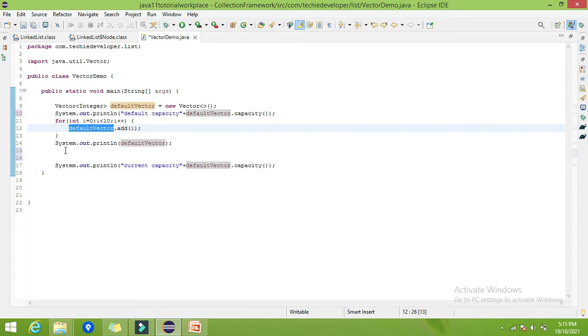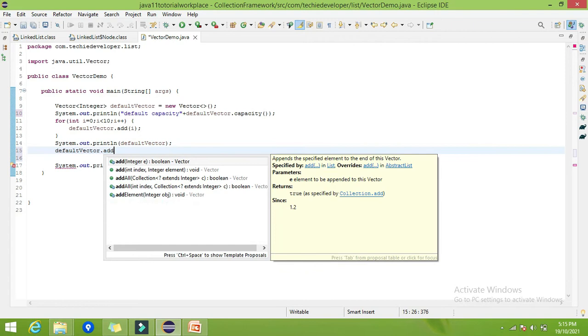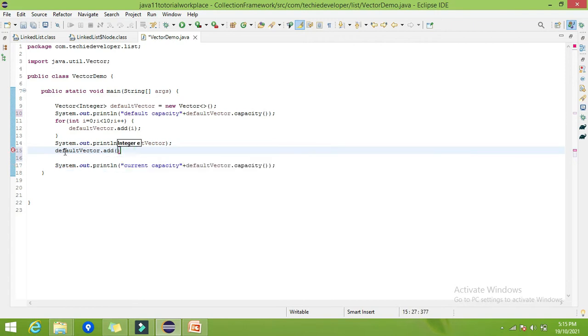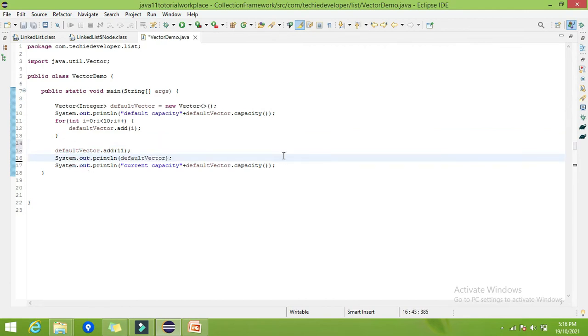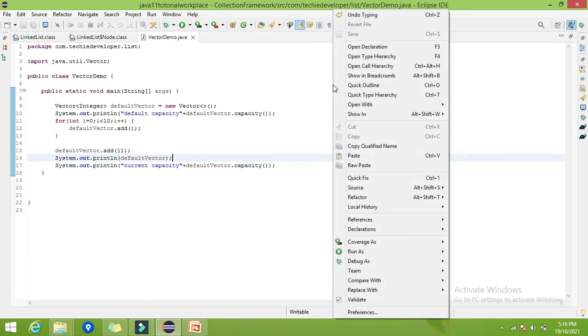Will it be allowed or will it throw an exception? Default vector dot add, let's add the 11th element, and now let's print the vector after adding the 11th element, and after that print the capacity. Run as.